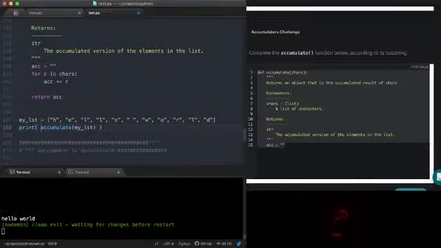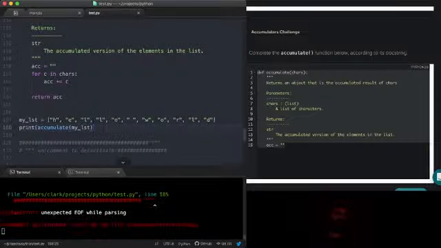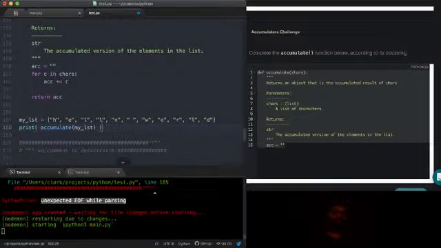By the way, if you ever see this particular error, unexpected EOF, EOF stands for end of file, while parsing. I get this error all the time when I have a test or something at the end of my file where I left a parenthesis off. That's almost always what that means. So I see unexpected EOF while parsing, and I hear, you forgot the parenthesis in the last line of your code. It's an error you'll become familiar with.